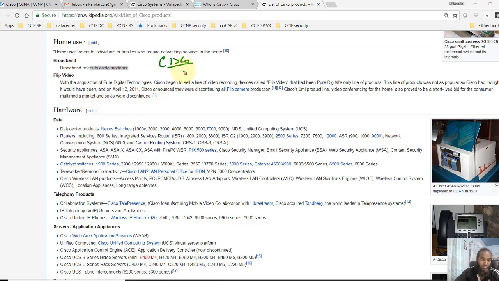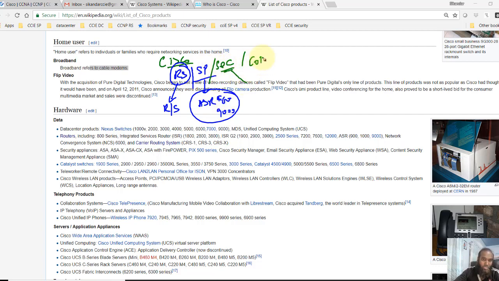You have different tracks for Cisco, which include routing and switching, mainly dealing with routers and switches, and service provider devices like ASR devices, the 1000 and 9000 series devices, which are most commonly used in a service provider network, and also security devices and collaboration devices. You have different levels and different tracks in Cisco certifications. Each track covers different specializations.